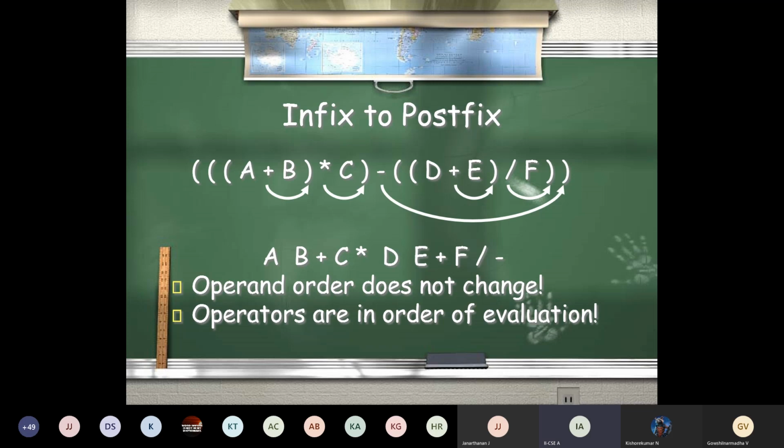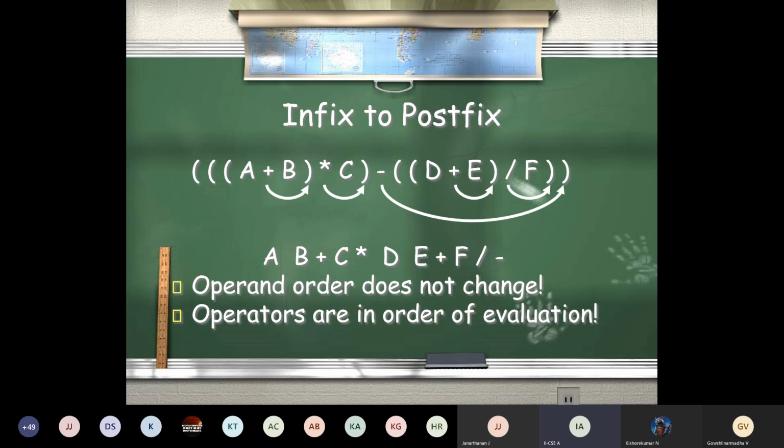And one more thing, you just analyze, you don't have a parenthesis in your prefix or postfix expression. Only in your infix we will have your parenthesis to denote that it should be evaluated first. Okay, so which expression should be evaluated first, that we have to identify. For that only a parenthesis is placed in your infix notation, whereas in your prefix or postfix, the order of your operators, it will decide which should be executed first. Okay,